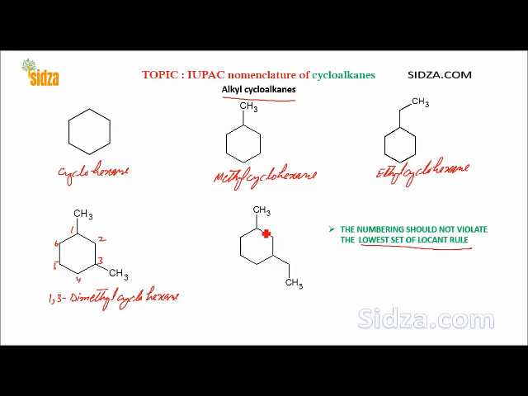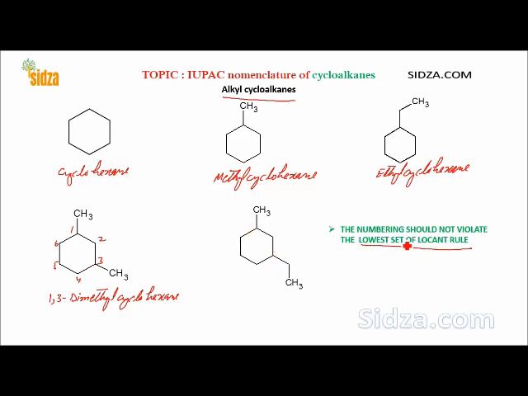But when the set of locants is the same, then we do the numbering according to the alphabetical order of the groups. The numbering of the carbon atoms in the ring is done in such a way that the substituent which comes first in the alphabetical order, that means here ethyl, E, comes first, is given the lowest numbering, provided it does not violate the